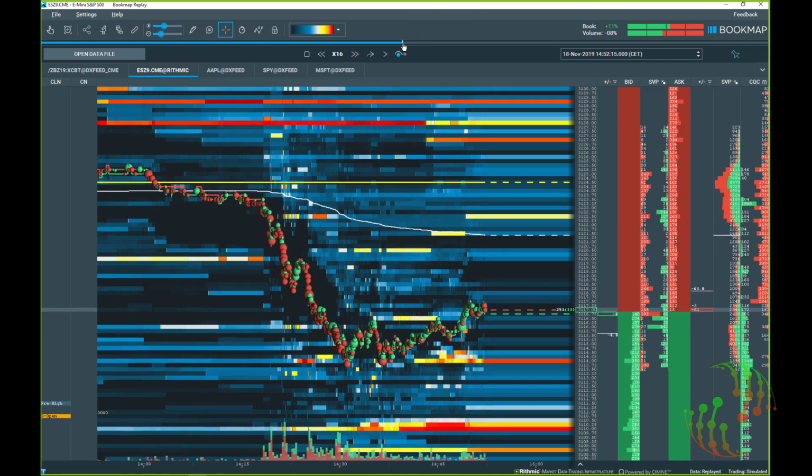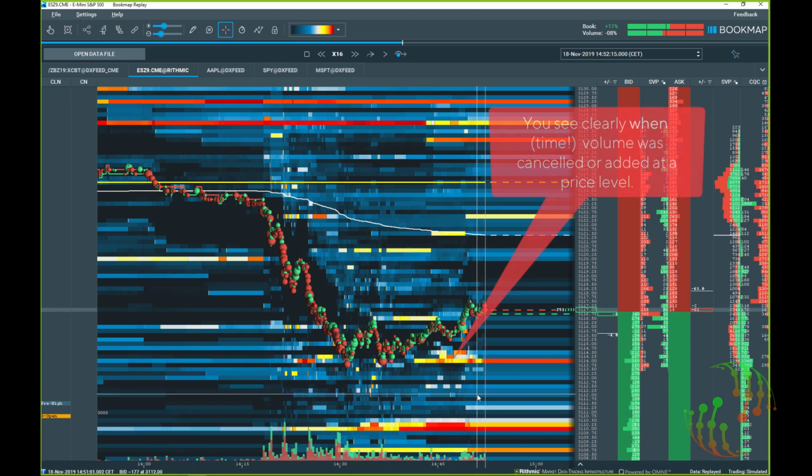A little bit back. So please comment on those both areas here, 10 and 14. Why is this yellow? Why is this red? Because the volume is being added to this level, yes? The color is changing. The volume is being added to this level, so the color indicates more volume. You can also say the volume was cancelled, the volume was added. Okay, you are right, absolutely. You see that.